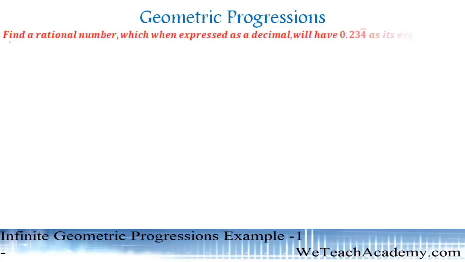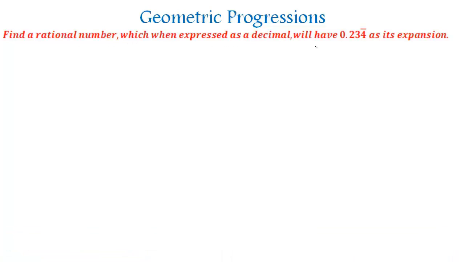So we have to find the rational number, and that number when expressed as a decimal will have 0.234 bar as its expansion. So let us find the rational number. First let us consider 0.234 bar. So this we can represent as